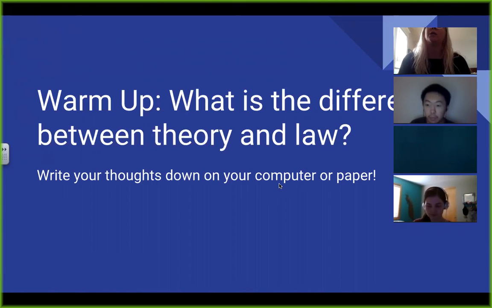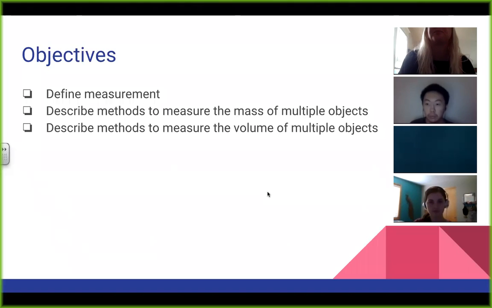So when we talk about earth science specifically, and we're talking about these changes over time in the earth, we're going to encounter a lot of theories, because really we don't know exactly how the earth started. And it's really hard for us to go back and study these things in the past because no one was there really to record data. So we're going to see a lot of theories in this class.